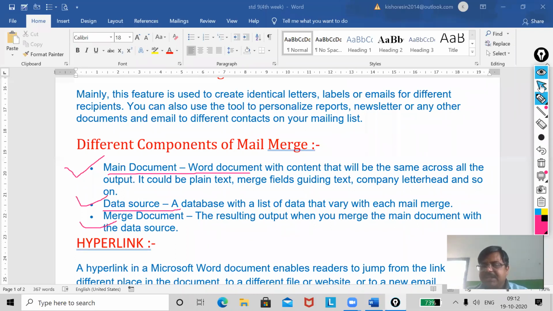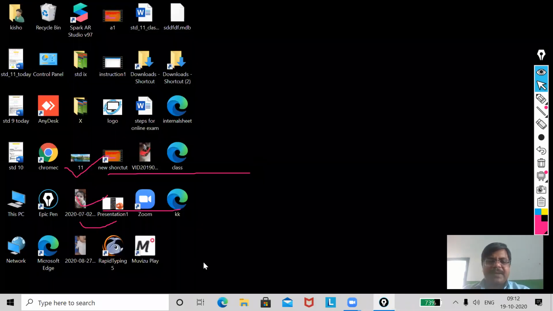And the last topic is the hyperlink. If you want to have connectivity with your hypertext, it can be your website, any document, pictures, whatever, you can create a link. I will explain everything. First of all, I'm going to explain